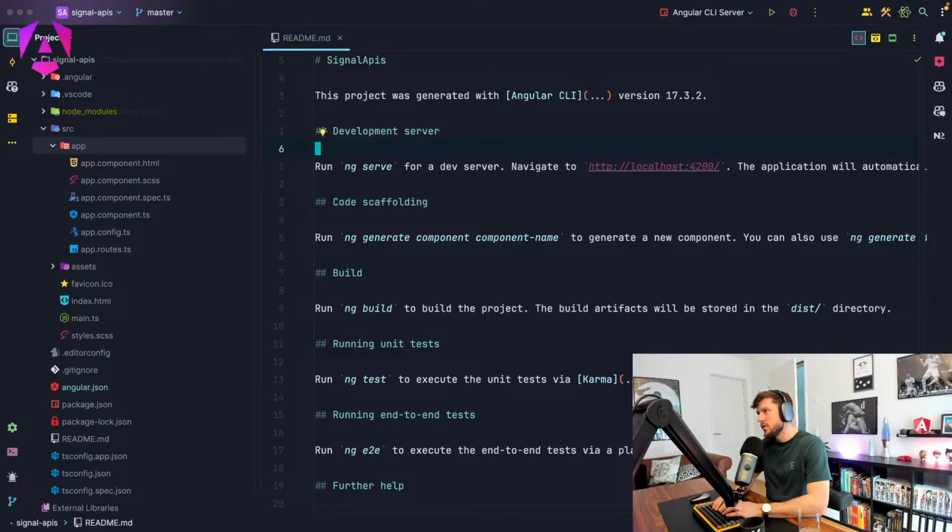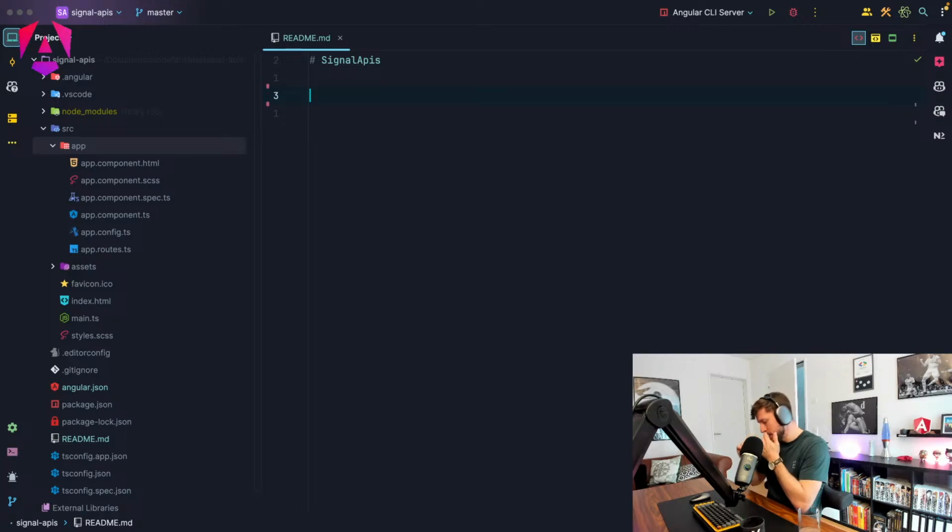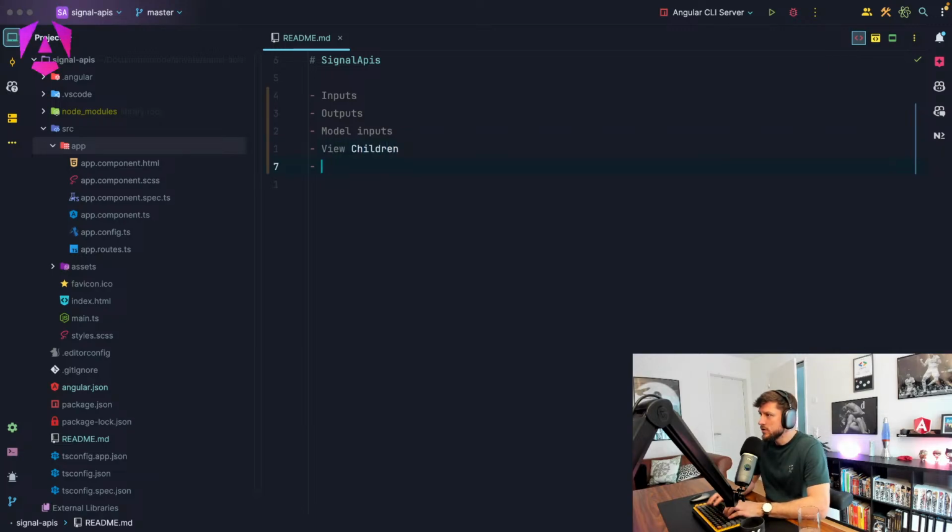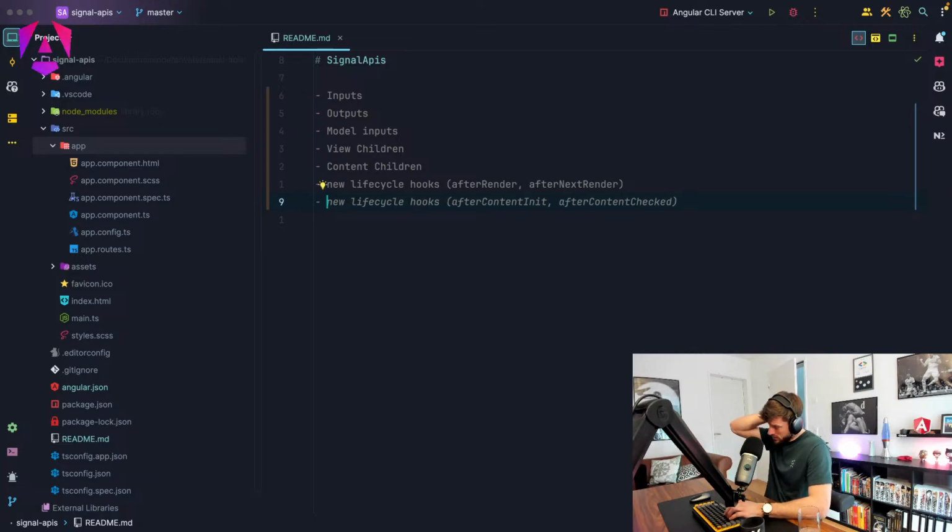So, okay, I have to present all the new Signal APIs tomorrow. So I guess basically there are new inputs, there are new outputs, there are model inputs, then there is a new way to do view children, there's a new way to do content children, right? Then there are new lifecycle hooks, basically two: afterRender and afterNextRender, right? Those are the two new lifecycle hooks. And recently we also got default content in ng-content, so maybe that, and I guess that will be enough